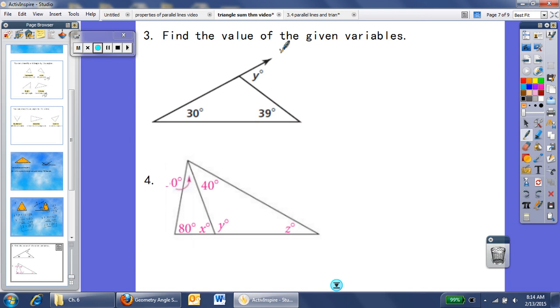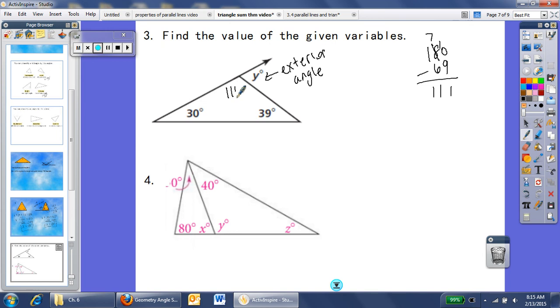Here's example 3. Find the value of the given variables. So in this case, here's our exterior angle, angle y, and we need to find its value. So I know that 30 plus 39 plus this angle here has to be 180. So as before, 30 plus 39, that's 69 degrees. So 180 minus 69, I end up with